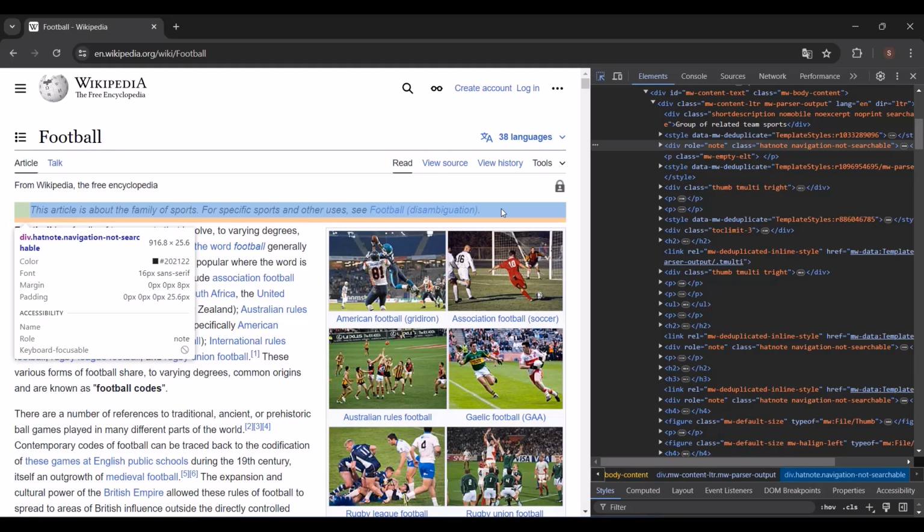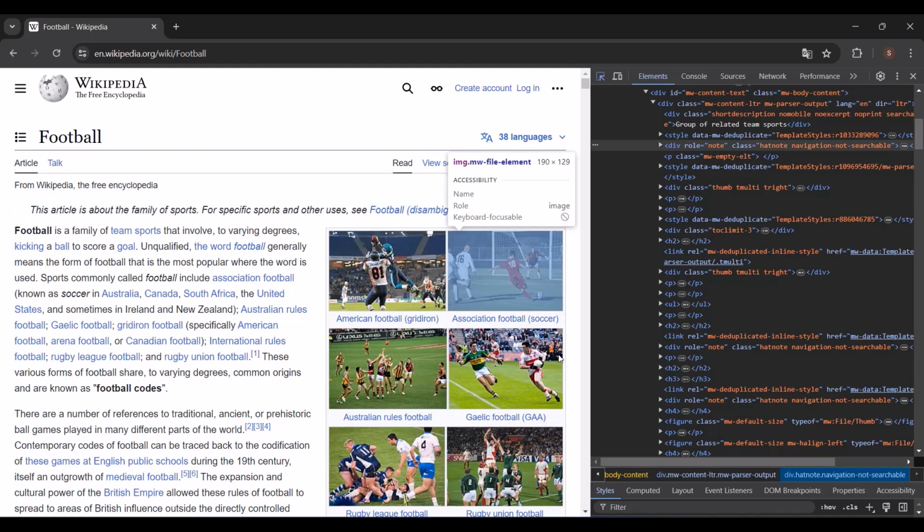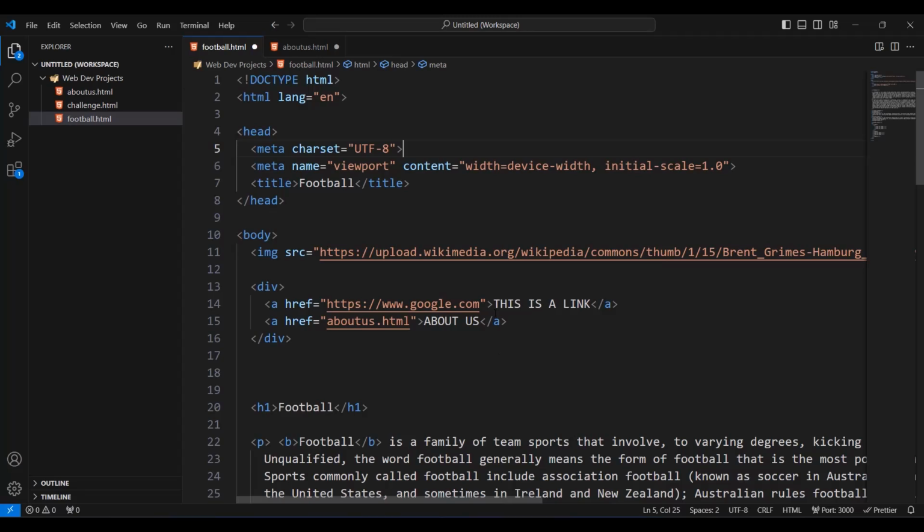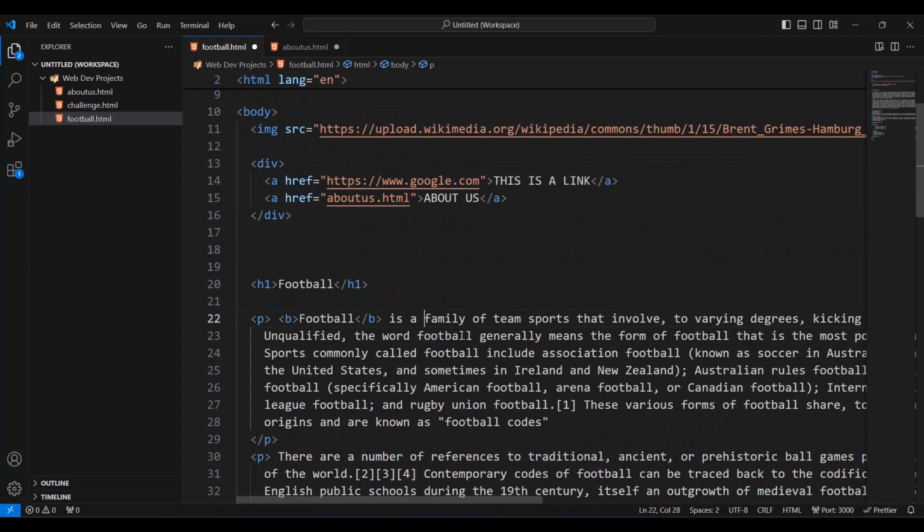Now let's look at the span, which is also a generic container of elements, but it's an inline element. So let's open Visual Studio, and to use the span, I'm gonna put a left angle bracket, span, and I'm gonna put the word family inside the span. Let's say that I want to make this word red.